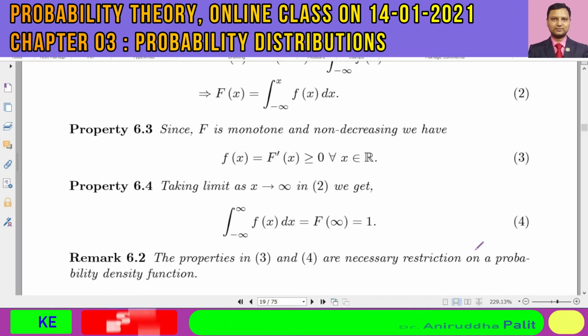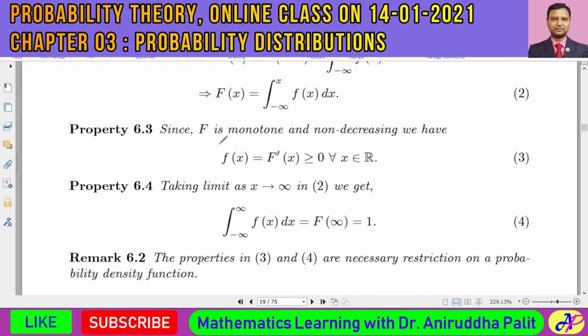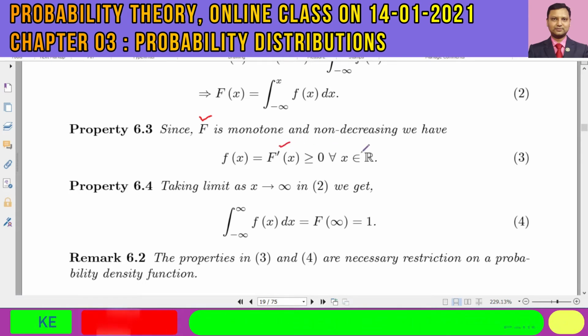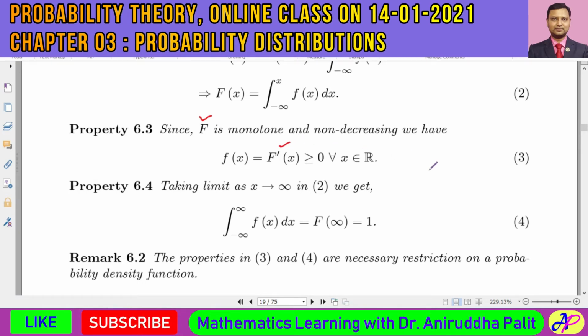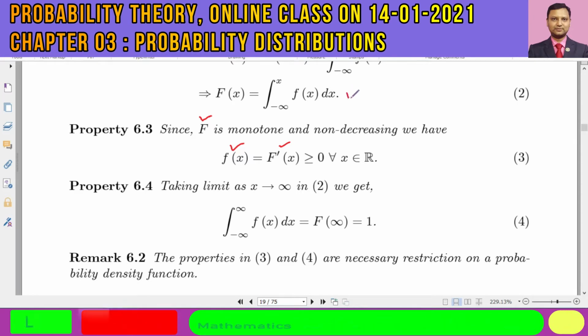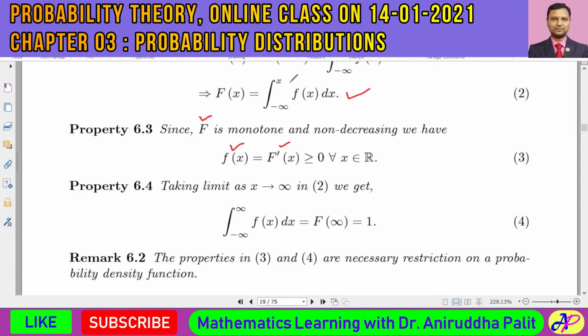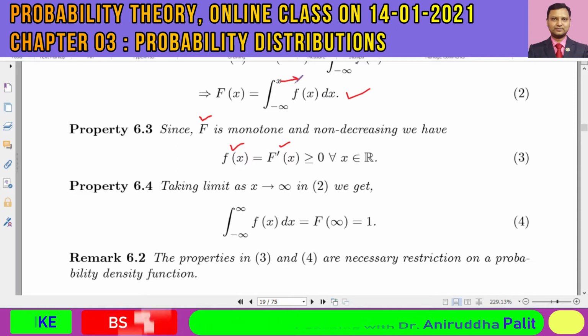Okay, and we know that this function F is a monotone non-decreasing function. Therefore, this derivative F' should be greater than or equal to 0. Because F' is greater than or equal to 0, f(x) should be greater than or equal to 0. All right, and again in this relation number 2, if we take the limit as x tends to